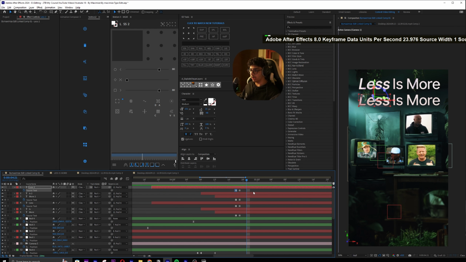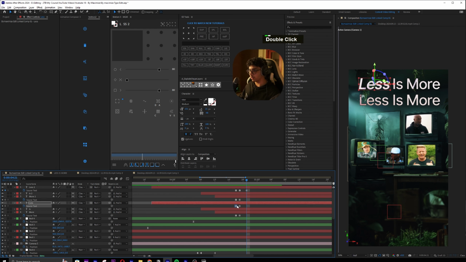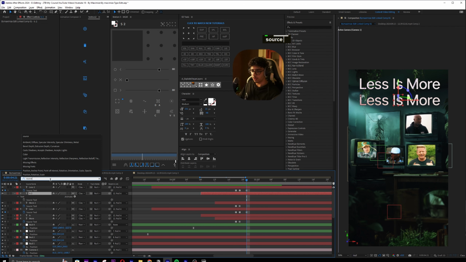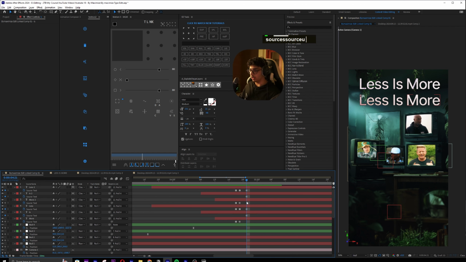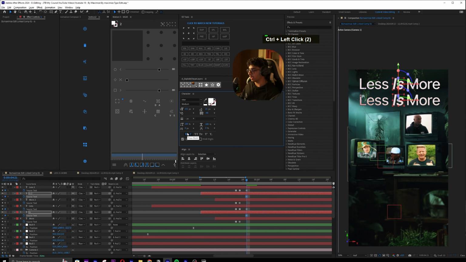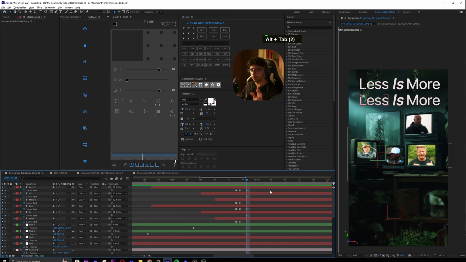I'll take the less back to its normal position and even the first less back to its normal position. I'll show you what I'm trying to do. And I will keyframe source text for this. Keyframe source text, and just see what I'm trying to do now. So once this goes down, the is text is basically gonna have italic and bold. Now give it two more frames. 1, 2. Now see what happens.